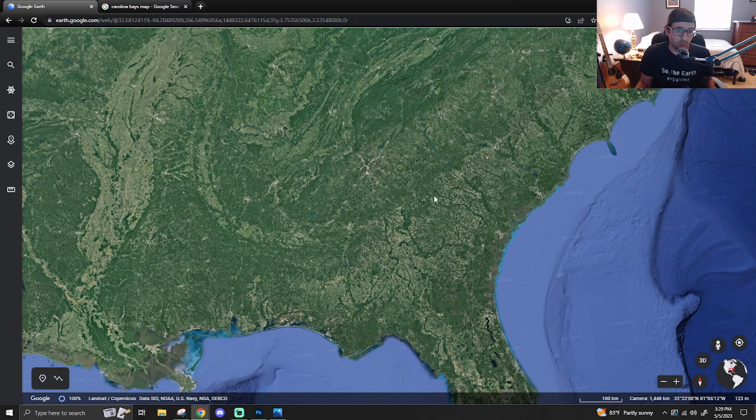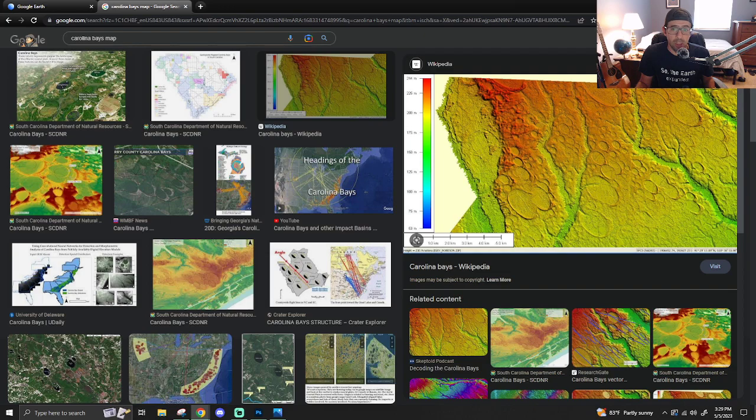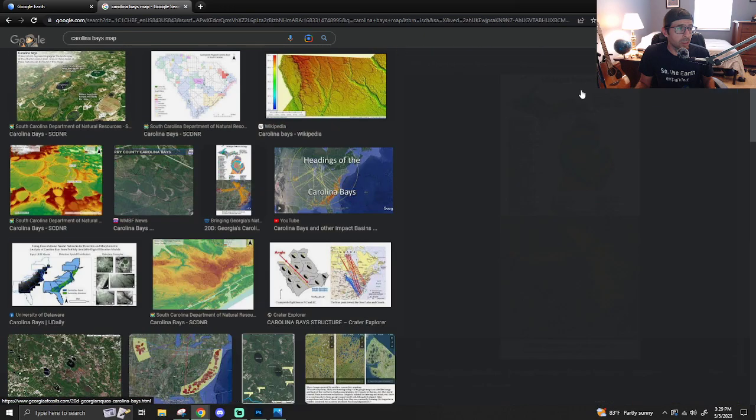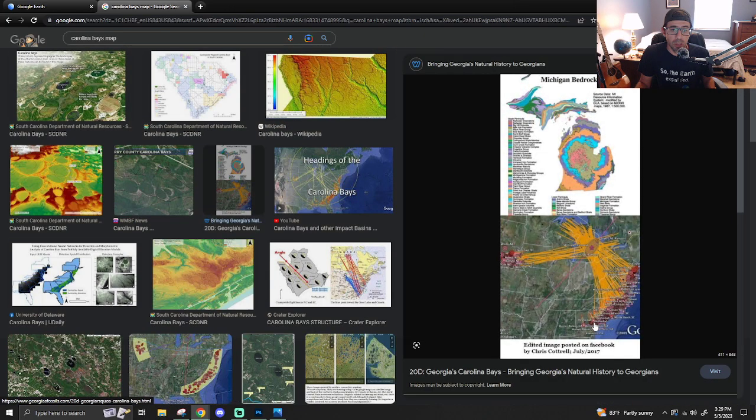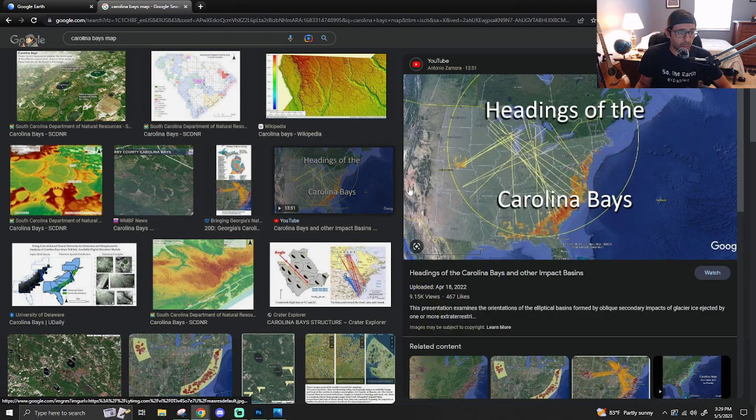relatively speaking, more so over here. So, like, this map here shows a lot of them up here, and notably they seem to have a focal point near Michigan, in Michigan, and also in Wisconsin. This map here shows it in Wisconsin as well as like a focal point, which has been associated with being